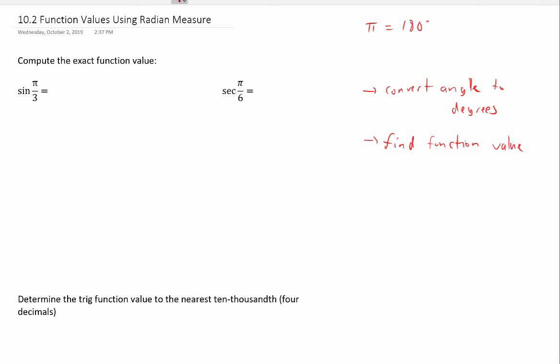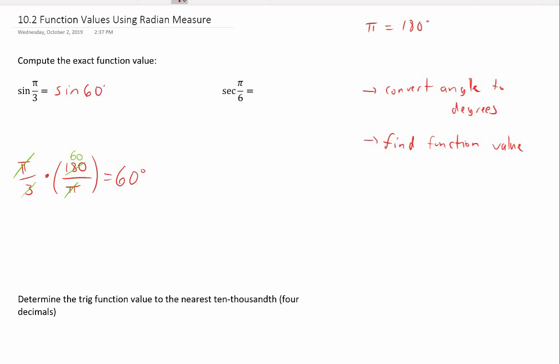So if we had pi over 3, for example, and this is a radian measure. Yesterday we learned to convert from radians to degrees. I would multiply by 180 over pi. Remember, we're trying to get rid of pi, so we'll multiply by pi in the denominator. They'll cancel. We also cancel a common factor of 3. That leaves 60 degrees. So what we see is sine of pi over 3 would be exactly equal to sine